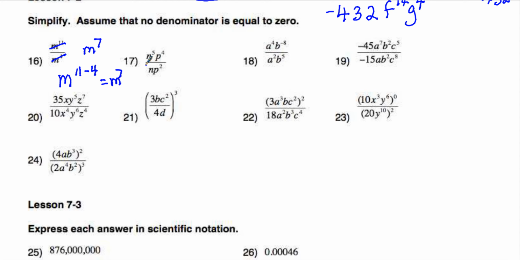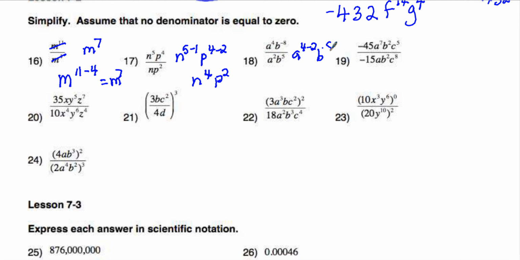So we're going to do the same thing with 17. So I get n to the 5 minus 1, p to the 4 minus 2, which equals n to the 4, p to the 2. Okay, and then for 18, we're going to do the same thing. And then when I get to the next one, I'll play the Who's Got More game for those of you that need that. So we get 18, a to the 4 minus 2,